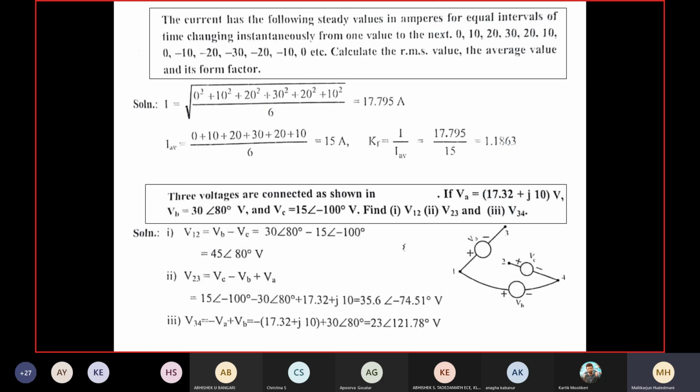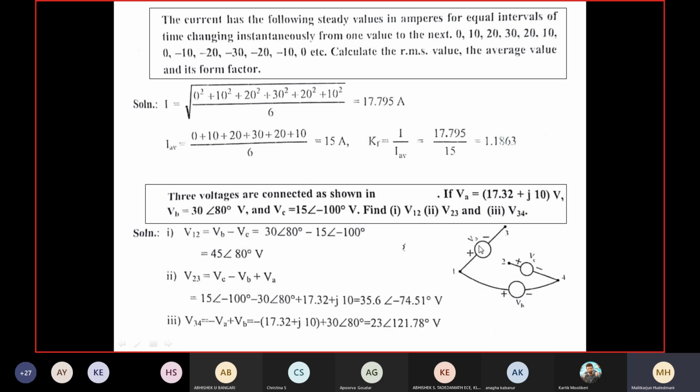Similar to that, in the AC circuit, we have complex voltage sources. Can you see here? Some circuit nodes 1, 2, 3, 4. Some drawing is here. Then some source voltage is mentioned between vertices: between 2 and 4 VC, between 1 and 4 VA, between 1 and 3 VB, like that. Some sources were mentioned with some orientation, plus, minus, left or right. So that is what is given. You have been given 3 voltages connected as shown in the figure. So the figure is also given and values are also given in this problem.